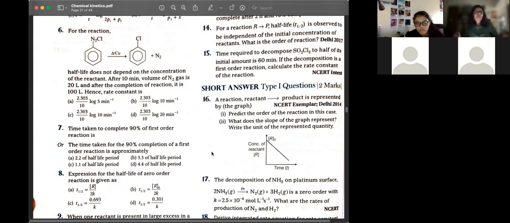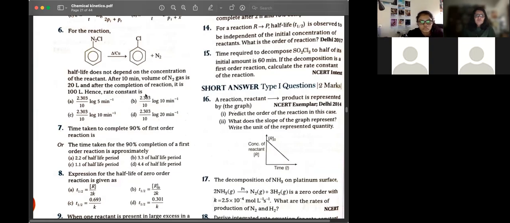So there's a little bit of stoichiometry you need to apply. Option B and C is the same, right? Or is it just me? 2.303, 10, log 10. Both of them are the same. But did you get the strategy, how to apply it? How do you get information from the sentence given?